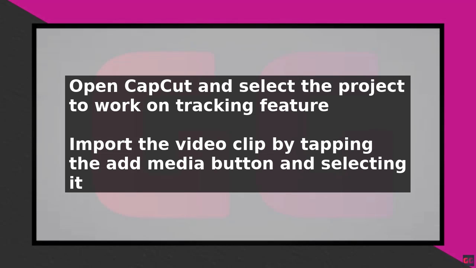To use tracking in CapCut, start by opening the app and selecting the project you want to work on. Tracking is a powerful feature that allows you to follow the movement of an object or person within a video clip. First, import the video clip you want to track by tapping the Add Media button and selecting the video